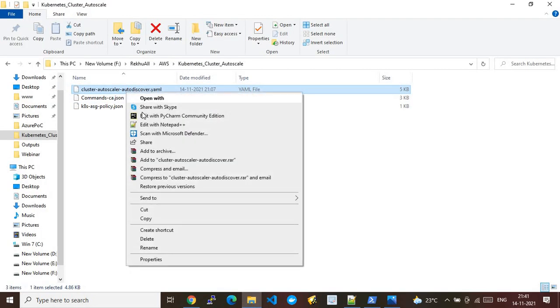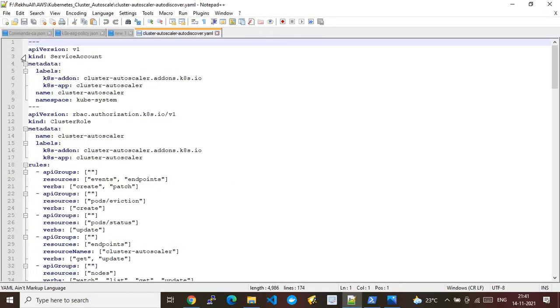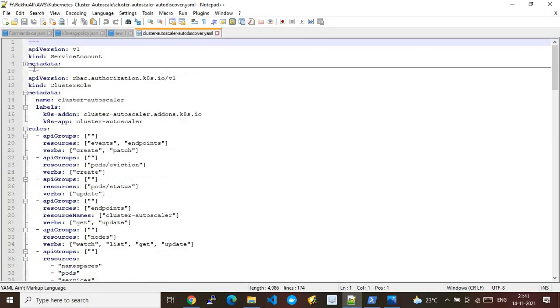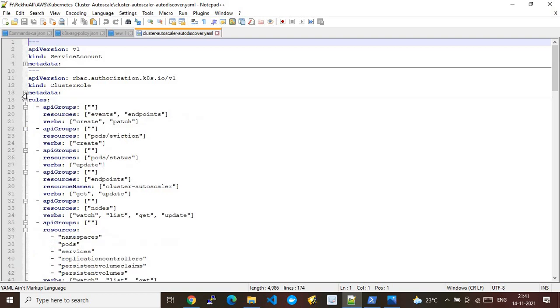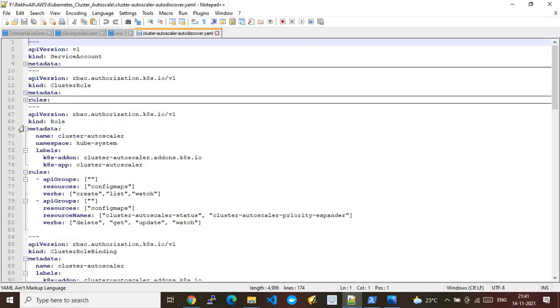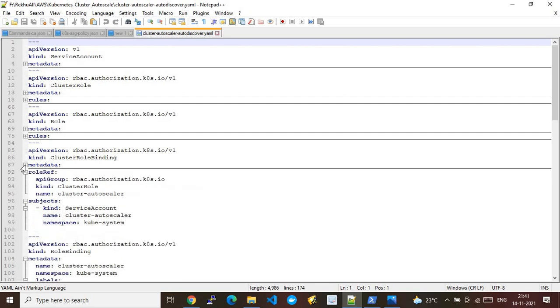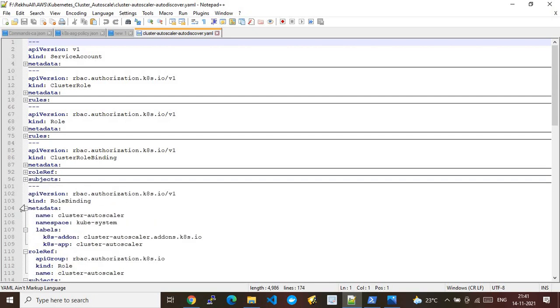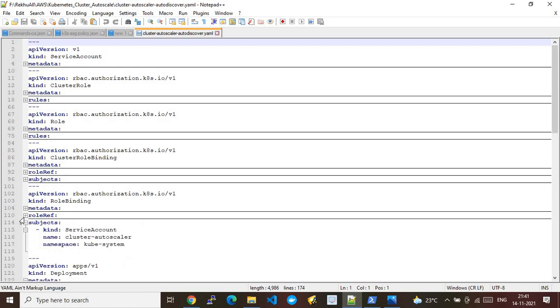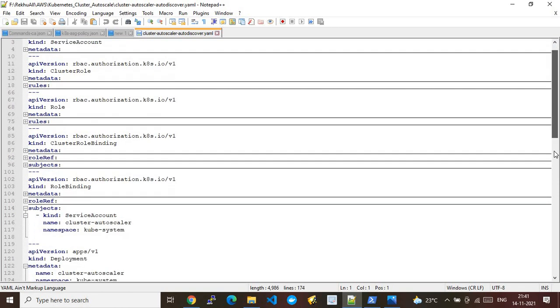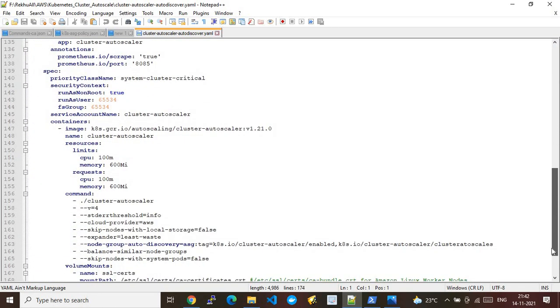If you go to this file and open it, you see there are multiple configurations. Okay, it is creating the service account, it is creating the cluster roles, right? It is creating the roles again, right? It is doing so many jobs. It is doing the role binding also. Okay, but here you need to do a small thing. Okay, so here you need to do two things. So you need to make changes in the selected 3 lines.